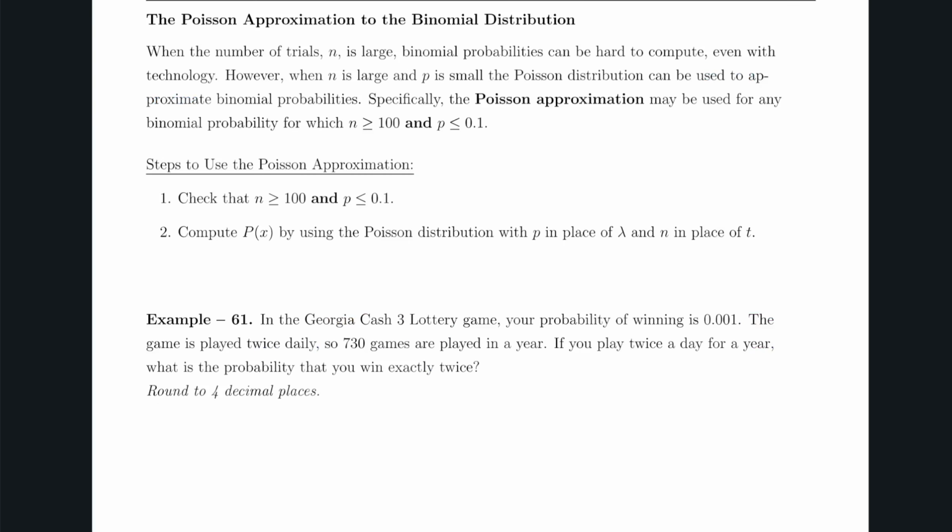Now, as we've calculated the probability for the Poisson distribution, we've noticed that if we're trying to find the probability of a large value, like the probability of 18, like in our last example, typing in 18 factorial takes a bit of time. And in fact, when the number of trials is large,